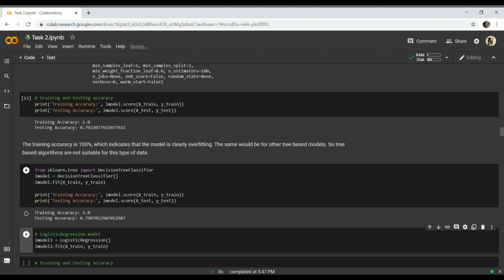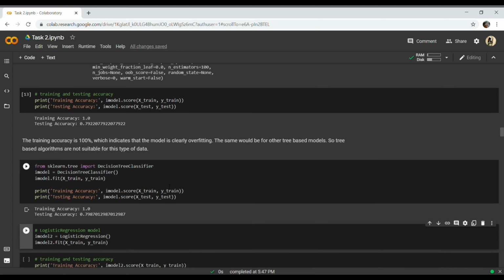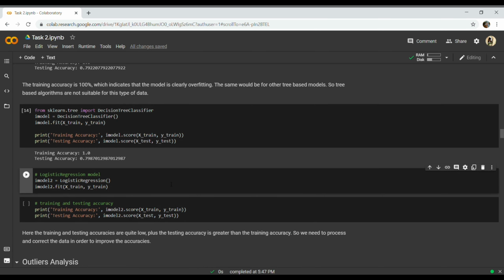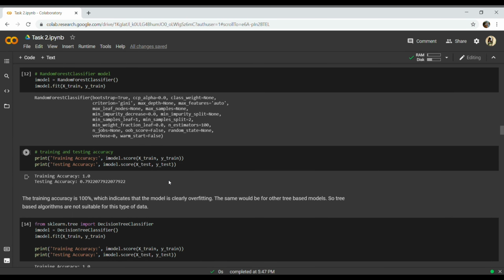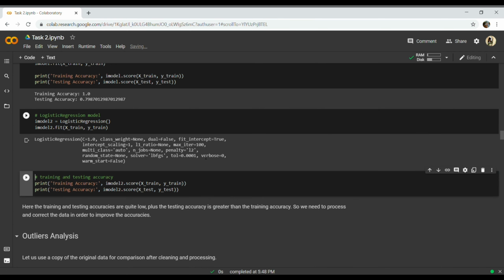Another overfitting. Wow. As we can see, random forest and decision tree are all types of tree based models. By feeding our data to the tree based models, the model gets overfitted, which is not at all good. Alright, so let's keep these tree based models aside and run a logistic regression model, a linear model. Let's see how this performs.